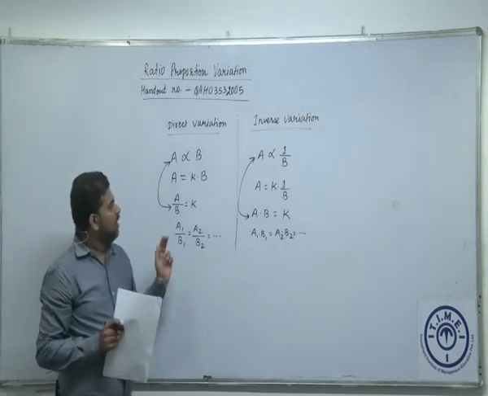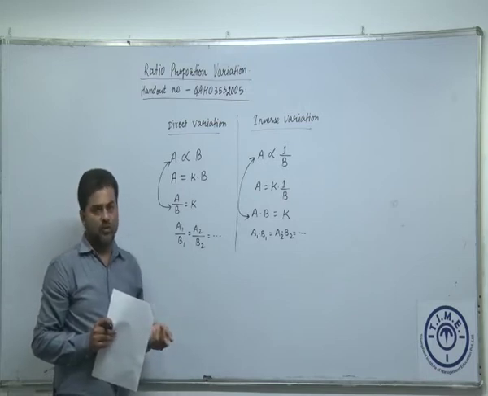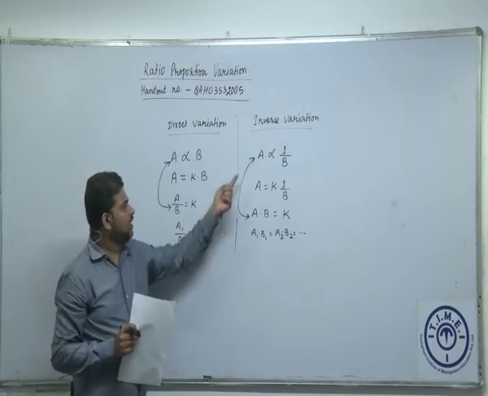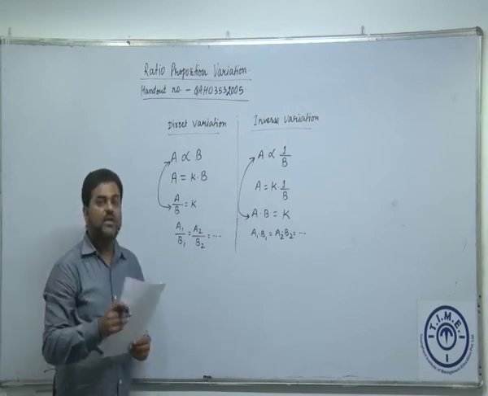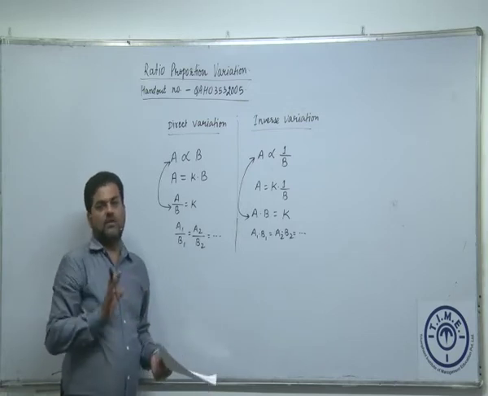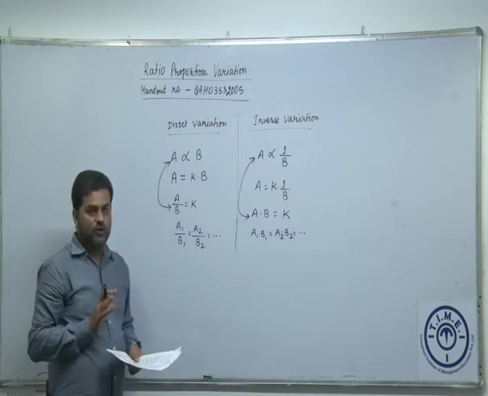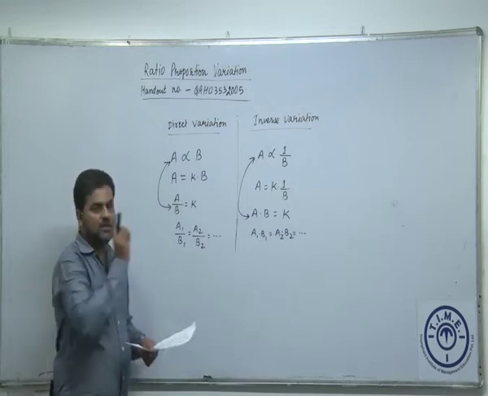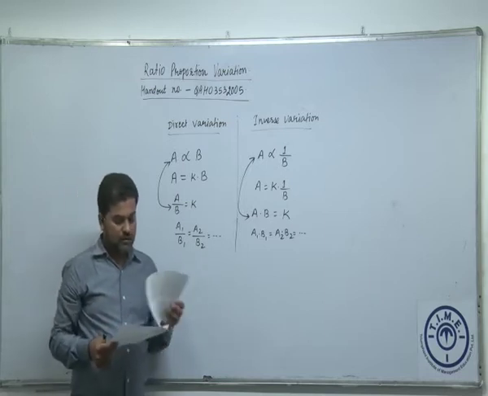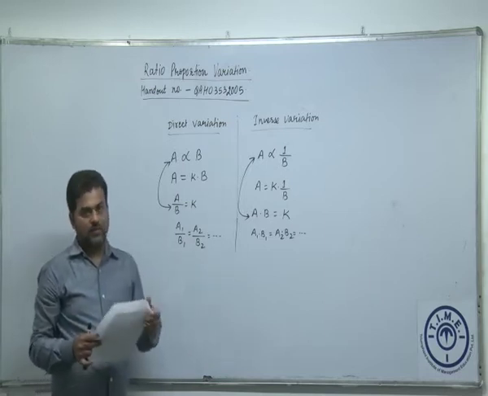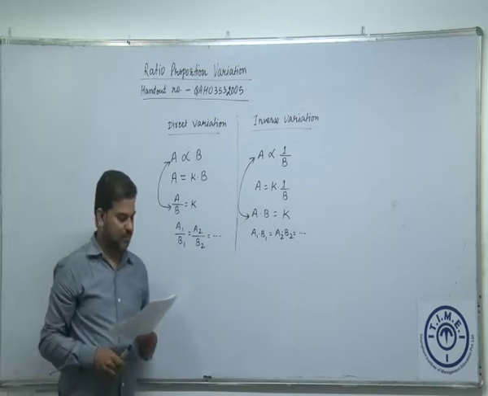One more thing. If you are saying A is directly proportional to B, you can also say that B is directly proportional to A. It means the same. Similarly, if you are saying A is inversely proportional to B, you can also say that B is inversely proportional to A. It means the same thing. I hope this much part is clear. Let us look at how we can apply this in some questions and get our answers. So, let us try question number 22 on the second page.